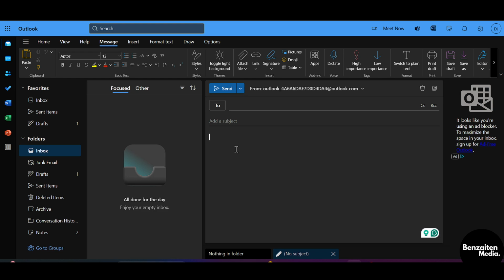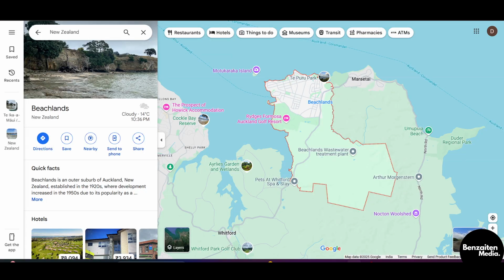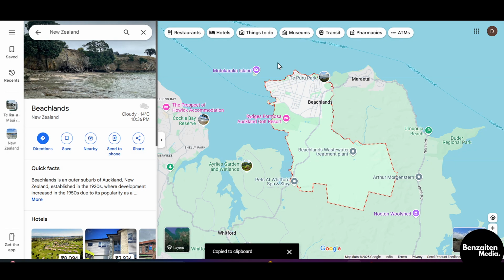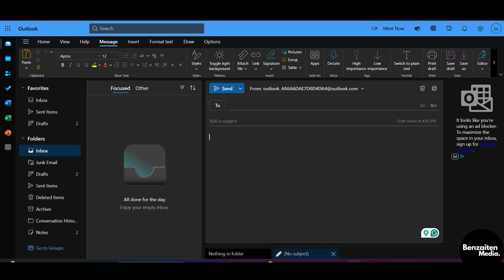Now, after coming here in the new tab, open Google Maps and then open your current location. And when you open the current location, this type of window pop-up will appear where you can see the option of share. So click on this share option and then you will see the option to copy link. Click on this and your location link will be copied and come back to the Outlook mail and